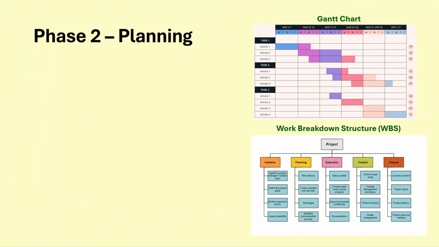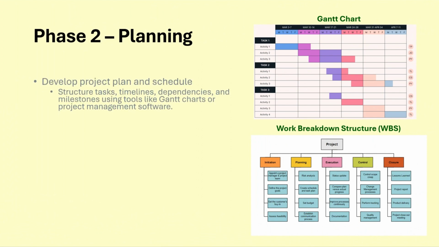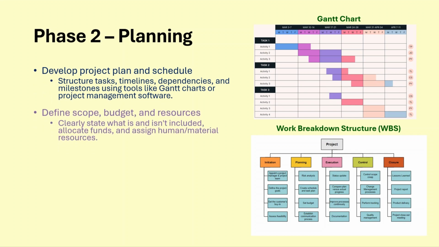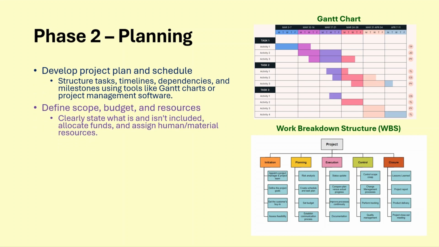In the planning phase, we lay out the project roadmap in detail. First, we develop a project plan and schedule. This includes outlining tasks, timelines, dependencies, and key milestones. Next, we define the scope, budget, and resources, clearly stating what the project will include, assigning responsibilities, and allocating the